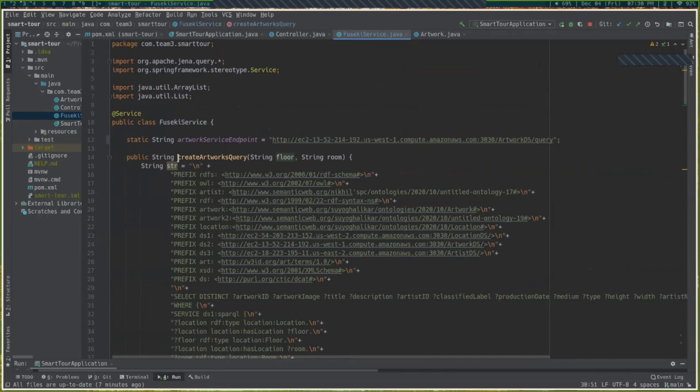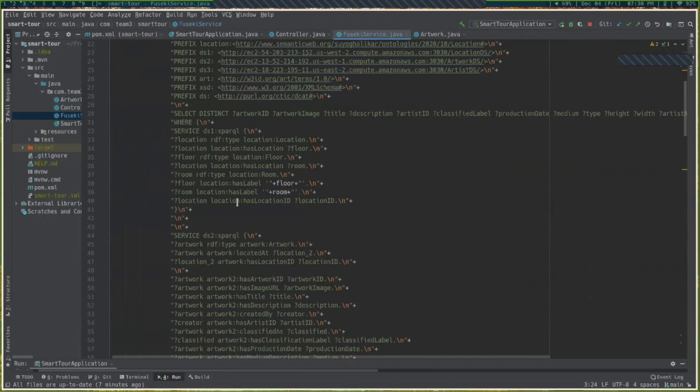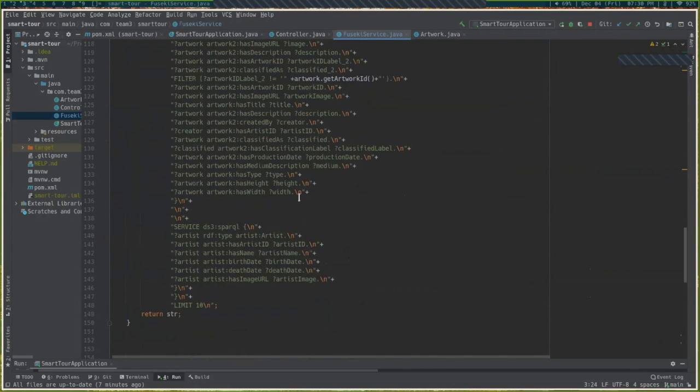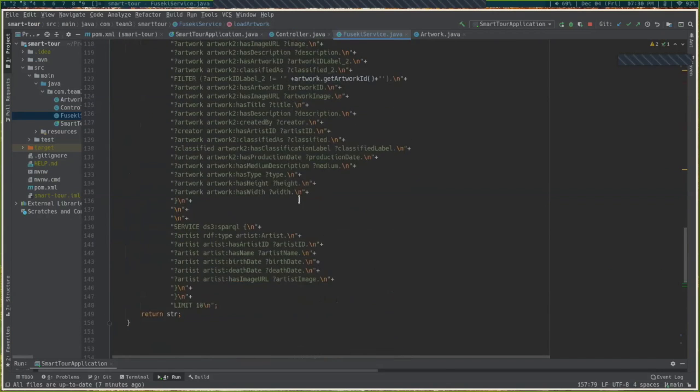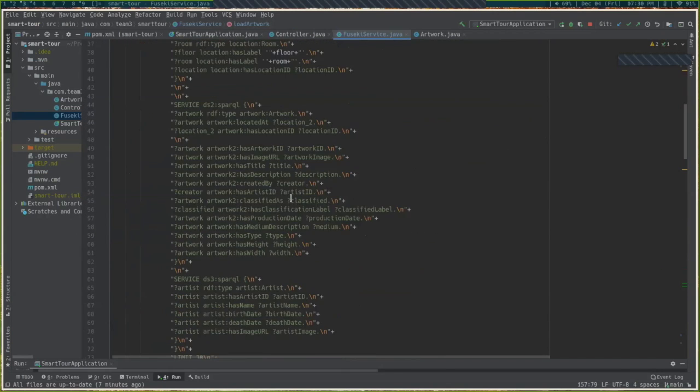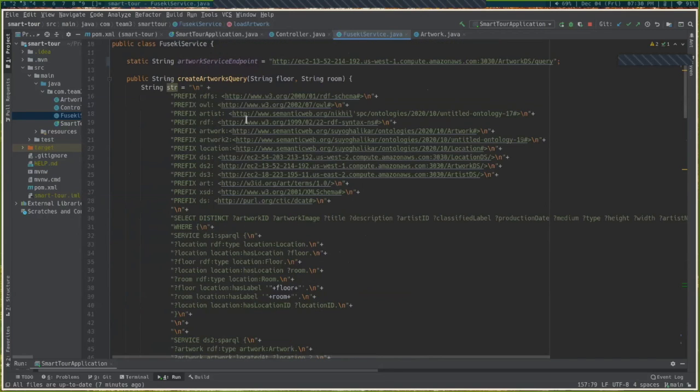In the backend part, this is the main file where the queries are executed. We are using the Apache Jena library to leverage those libraries and run the queries within the API server. Here you can see the two federated queries. We have defined one endpoint and the other two endpoints are within the query.